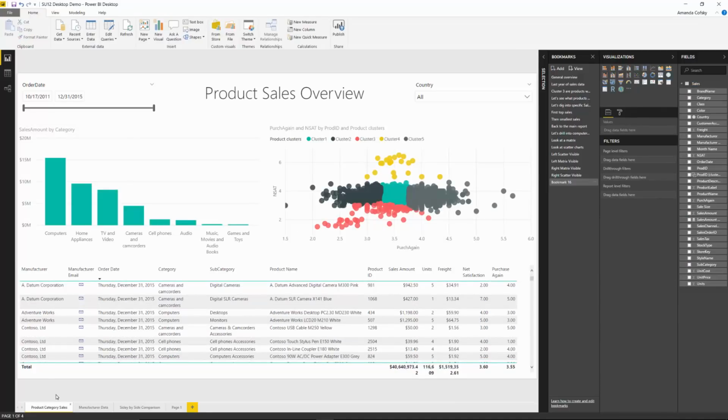The rest of the bookmarking features we're doing this month are all around increasing the flexibility you have for bookmarking. When we released the feature 2 months ago, we got a lot of great feedback on it, and one of the things we heard loud and clear was that you needed more flexibility on what is being contained inside that bookmark. By default, we save the entire state of your report page, but you wanted to be able to control that a little bit more. For example,